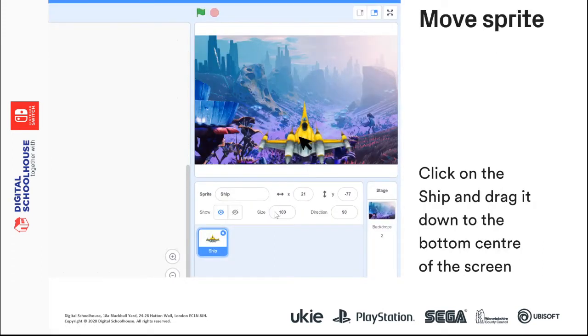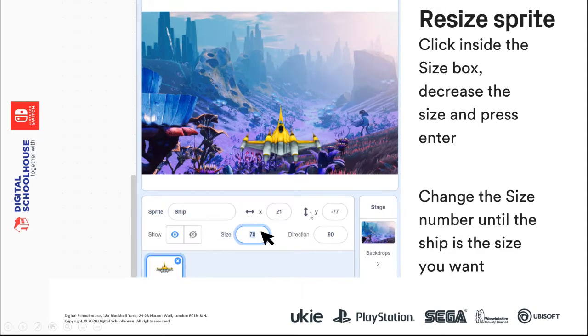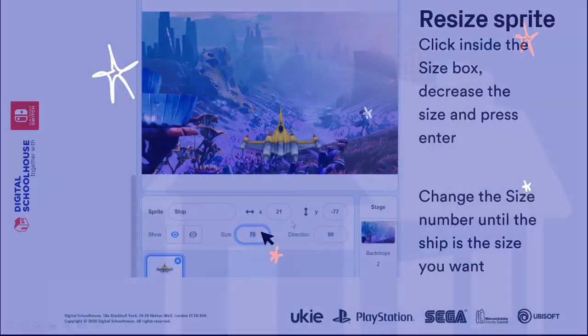And then the next thing you're going to do is you're going to center your ship sprite. So you just click and drag it down. And finally, we're going to resize it so it's a little bit smaller, and you can see I've resized it to 70, but you can change it to whatever number you think is right. Okay, so that's what I'm going to be doing next. So I'm going to hop back into Scratch and do those bits in my game,